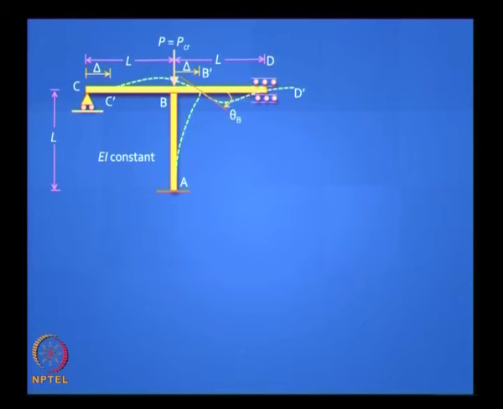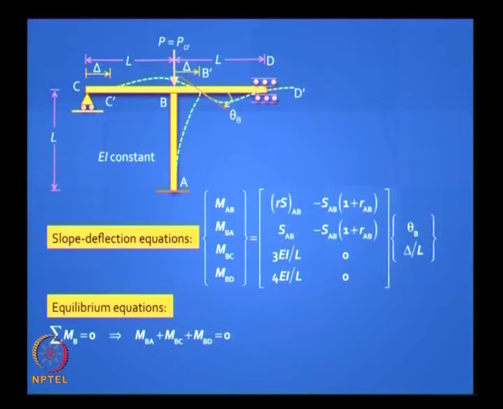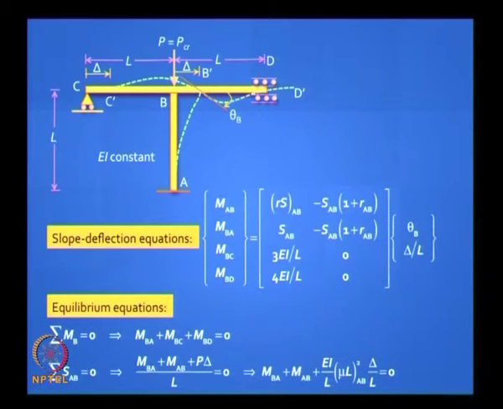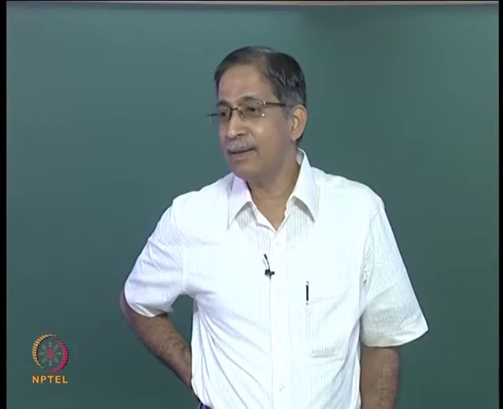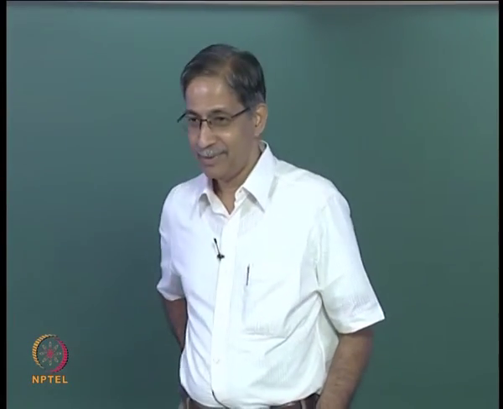Let's solve the problem. I want to ask you, even before I go with the solution, you can write the slope deflection equations the same old way. You can write the equilibrium equations. You have a moment equilibrium and you have a shear force equilibrium, right? Now you have 2 equations. How do you find the critical buckling load? What kind of bisection method can you use now?